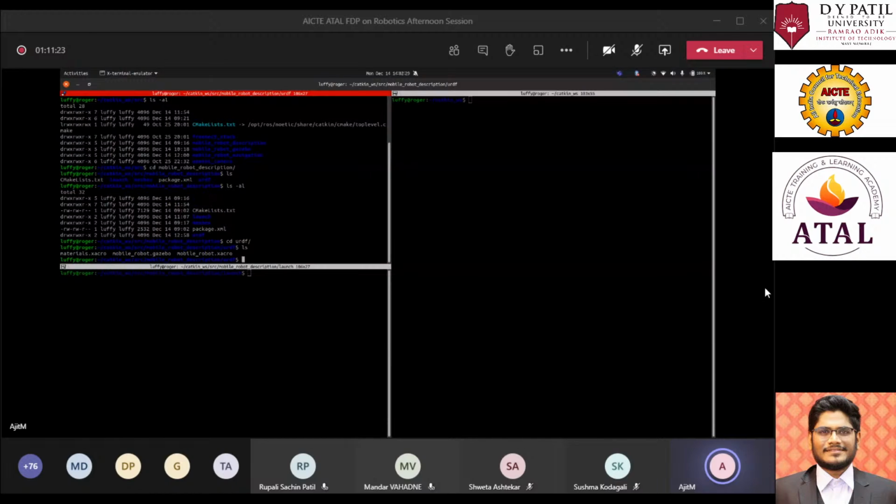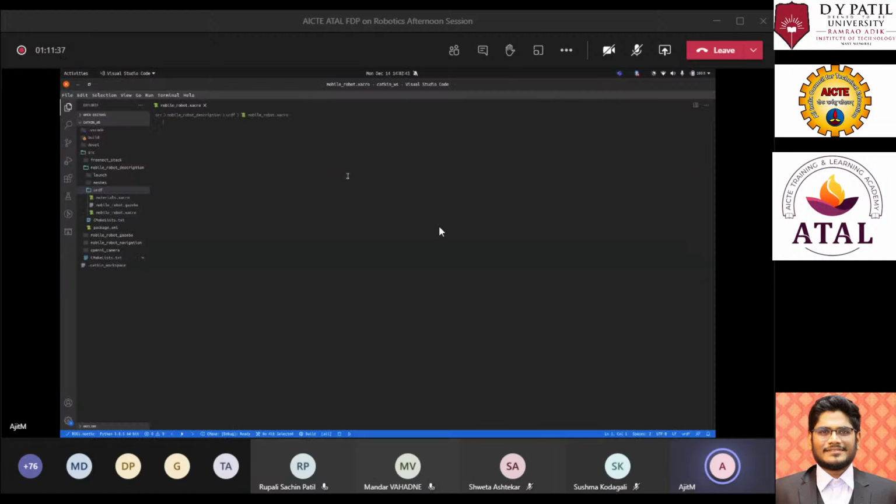Here I have opened up the xacro file, and currently it is completely blank. There's nothing in it. The first thing about a xacro is that it is an XML file. It is nothing different from an XML file, just like how we write HTML pages, we use XML.